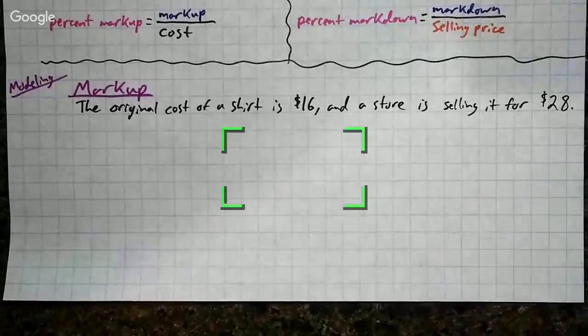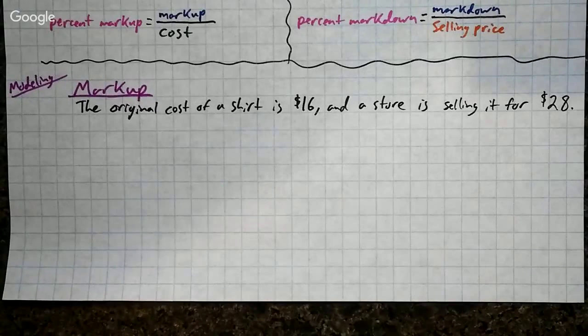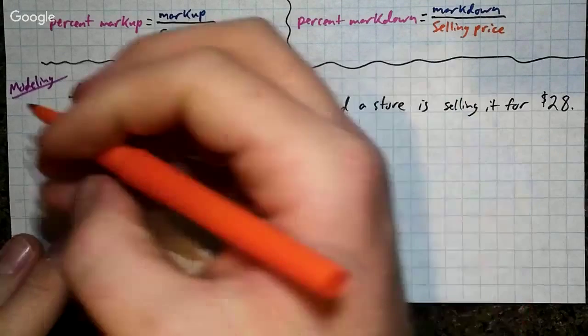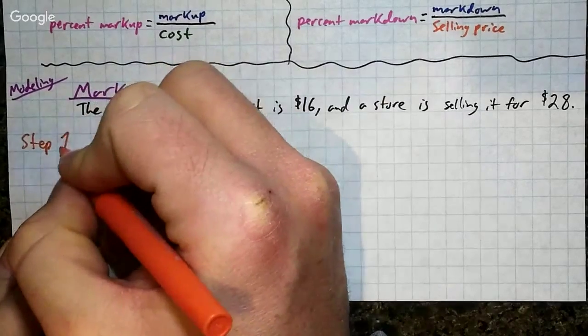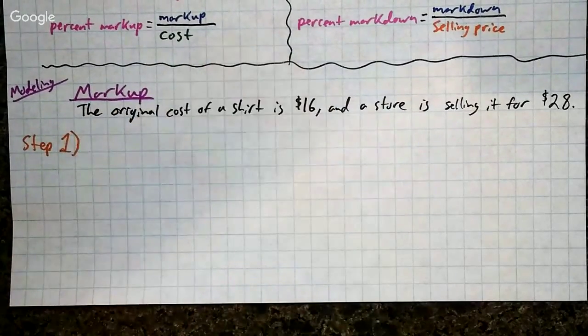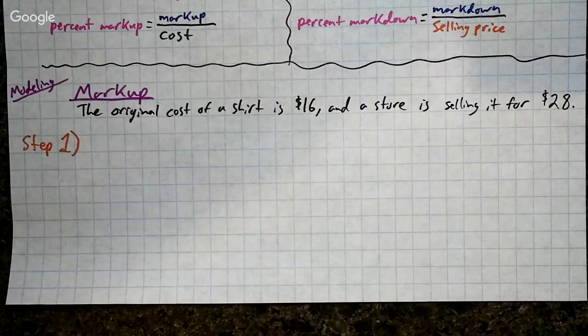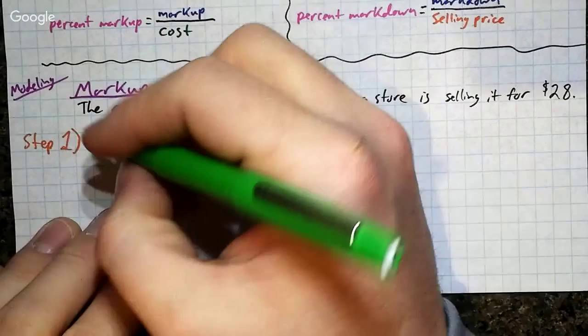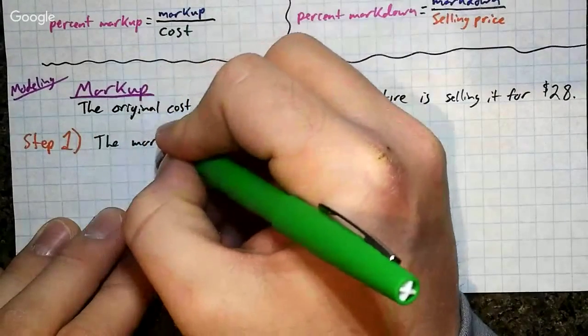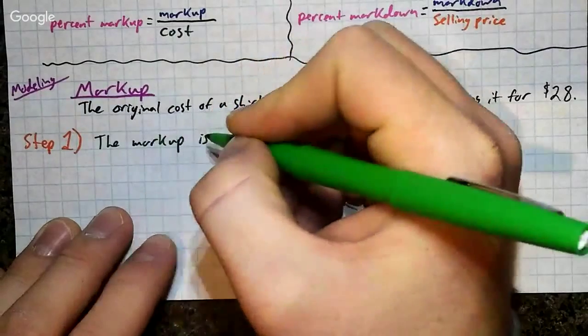Okay. So now we have the original cost of a shirt is $16. The store is selling it for $28. Let's find all the different pieces here. So the first thing we're going to do is go to step 1. And in step 1, we're going to look at the markup. So for step 1, the markup is